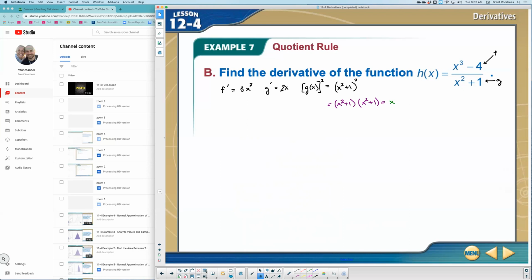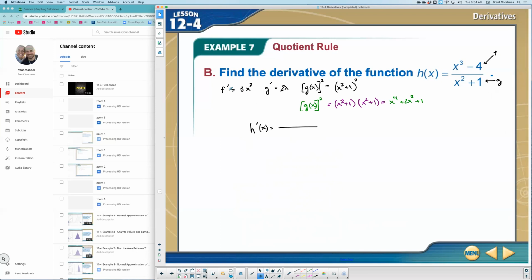But what we'll have is x to the 4th. This will be x squared and another x squared, so we'll have 2x squared, and then 1 times 1 is 1. That's how that will distribute all the way through if you want to find that. Okay, so now that I have these values, we're going to find the derivative of h here, since it's a rational function, or a function that can be represented by f divided by g. We are going to use the quotient rule, which states that h prime